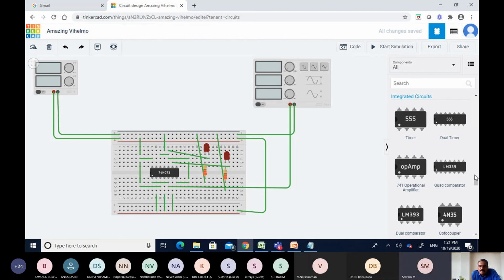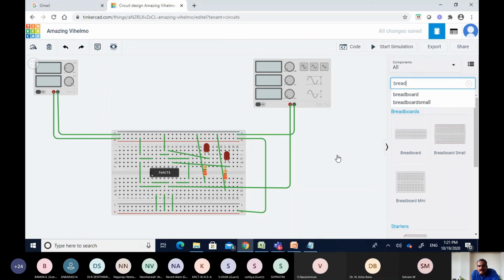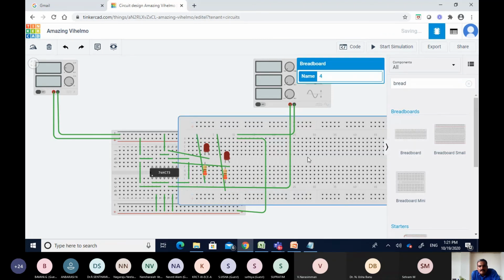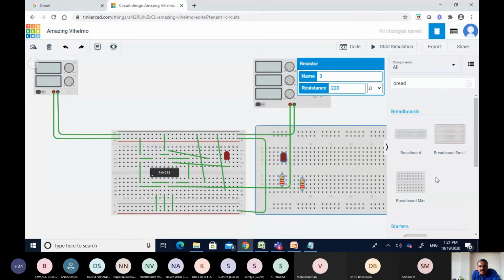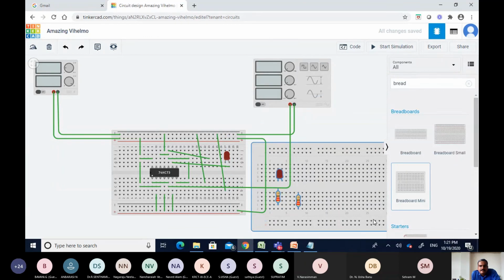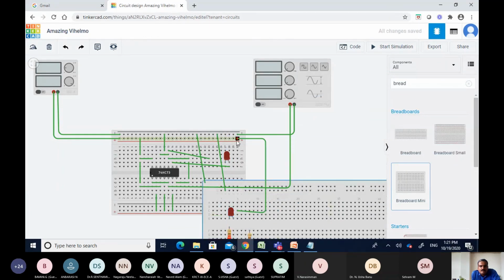Sir, one more thing. Can we increase the breadboard size, sir, in case the circuit is a larger one? Yes, you make one more breadboard and give the connections like this, right? If you require more connections, you can use this breadboard as a parallel one. So you give this plus to this plus. So that's the way we can change the dimensions, right, sir?